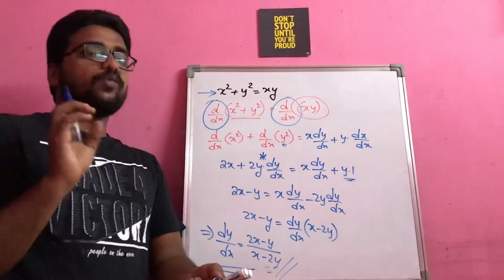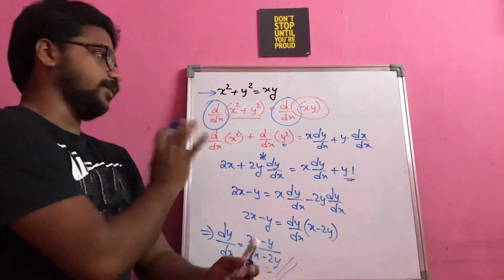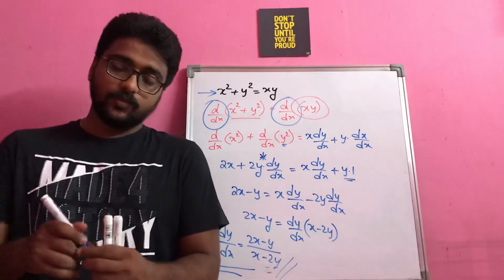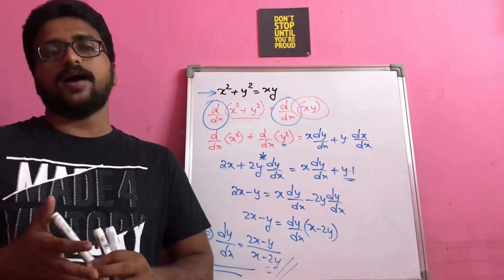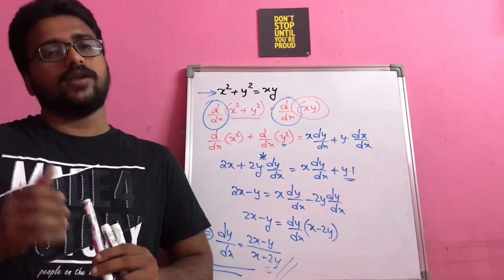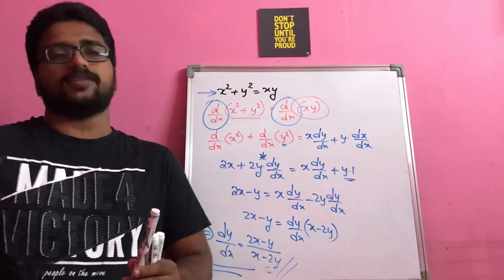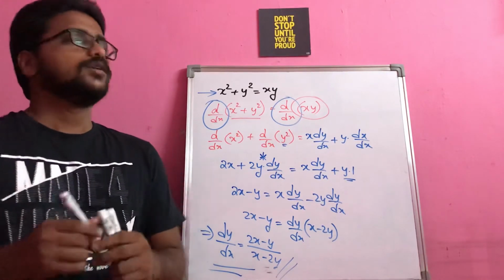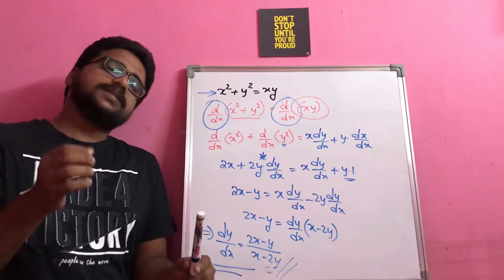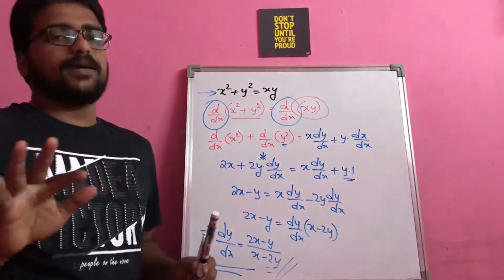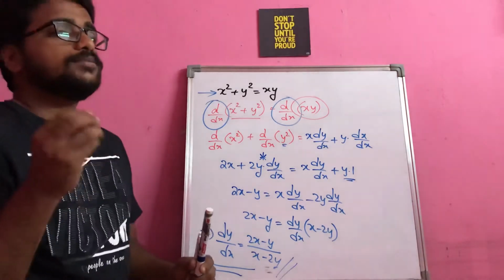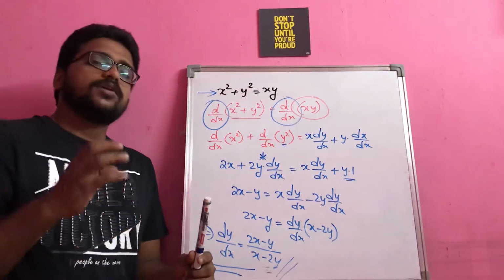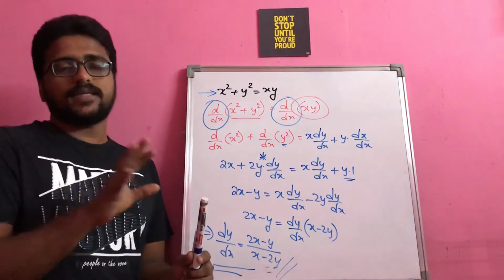So the only one input that I want to give with respect to implicit functions is, whatever may be the function, if you want to get the value of dy by dx, you have to apply differentiation. That is the basic thing. So whether it is implicit or explicit, the procedure is the same thing. But when it comes to an explicit function, your solving will become simple. That is the only thing.